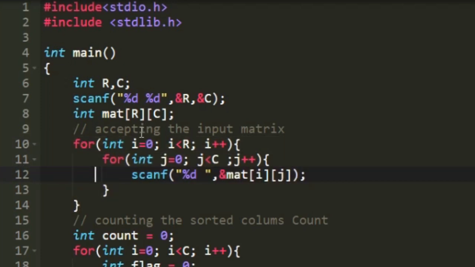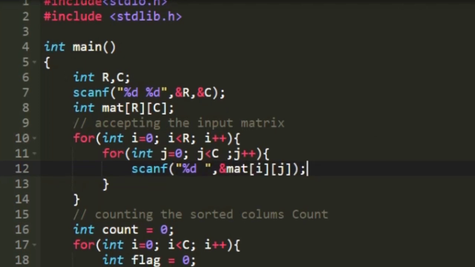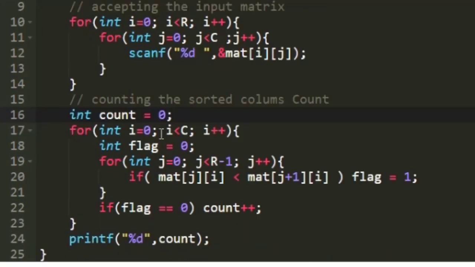So the first loop iterates from 0 to R and the second loop iterates from 0 to C. And in every iteration we are accepting our input and storing it in mat[i][j]. Now we have to count the sorted columns. To do that, first we are going to create a new integer variable named count and set its value initially to 0. And now we have to traverse through every column of the matrix.